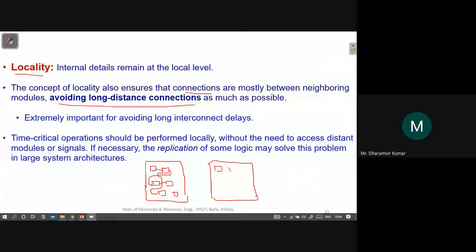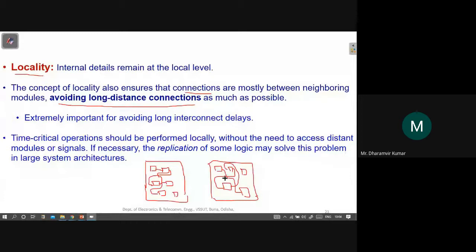Okay, and then we can also have a scenario like this, where again we have the same blocks, and it may be designed by a different designer. Okay, where the blocks which are related to each other are placed, for example, the output of this block is going to the input of this, the output of this is going to the input of this, and the output of this is going to, like this, the input of this.